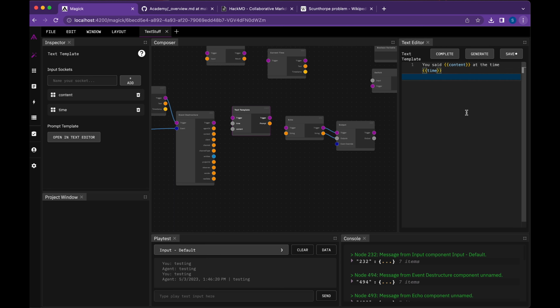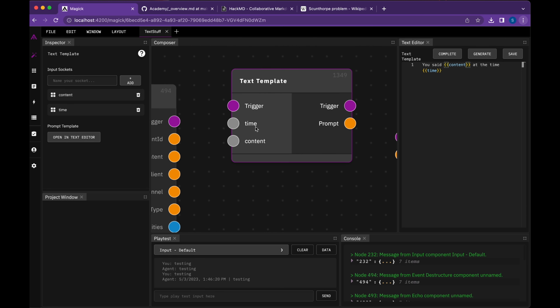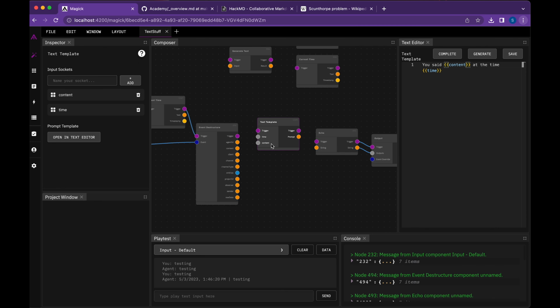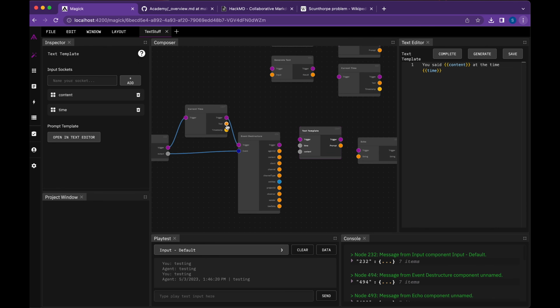We talked about this a little bit in the last session. This is called handlebars notation. You see that it has two little curlies on both sides. As long as you have an input here that is named exactly the same as the sockets in your inputs that we just created, it will replace that in your template with the appropriate text, right? So I can go here to current time and grab that, and I can grab content,